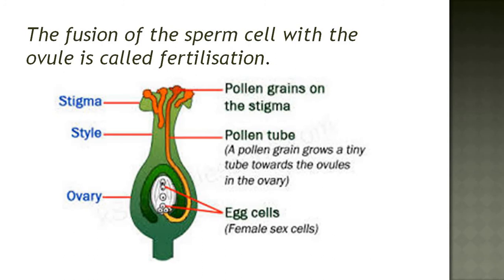And then the sperm cell present in the pollen grain fuses with the egg cell present in the ovule. So this process is called fertilization. Fertilization is the union or fusion of a sperm cell with the ovule. And as a result,